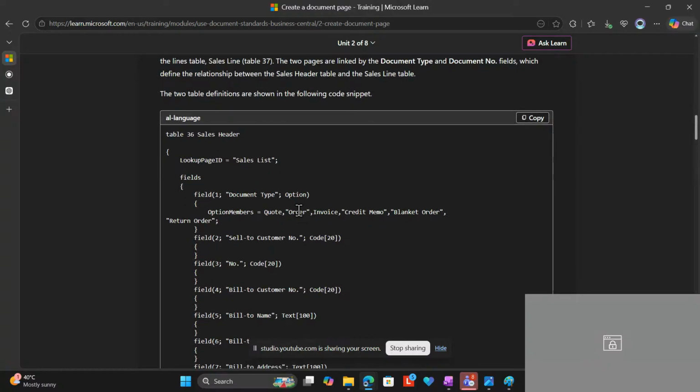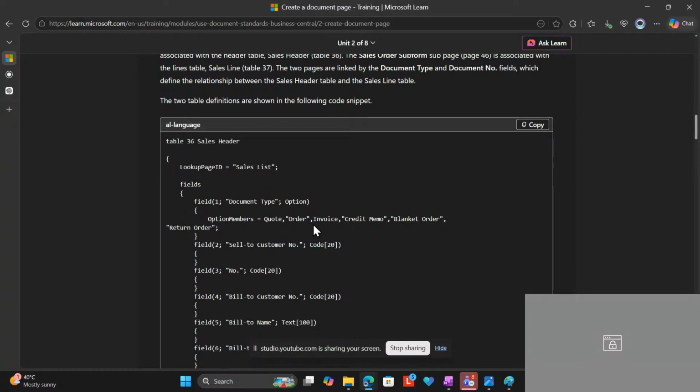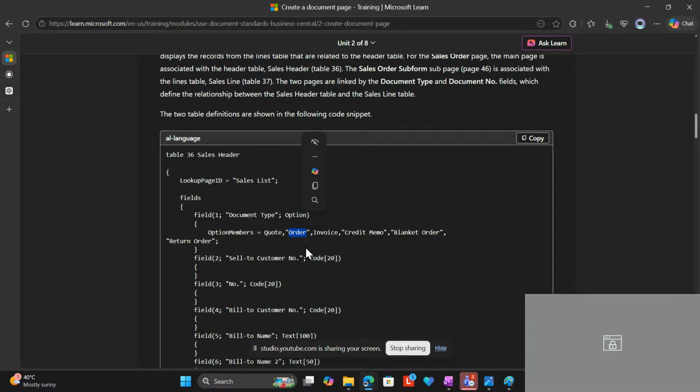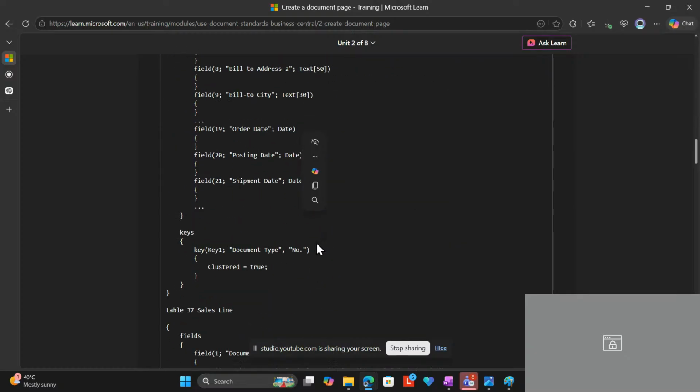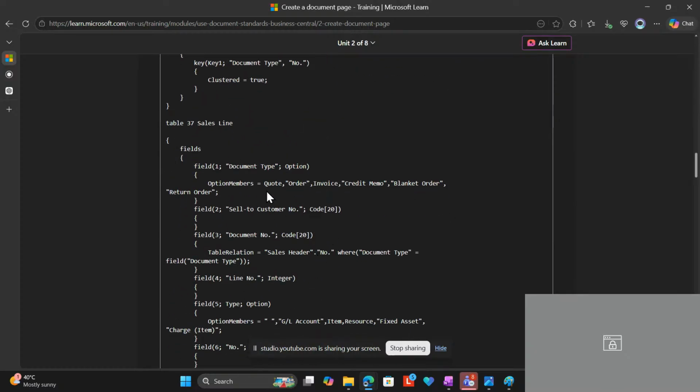So when I'm seeing the document type here, I'm choosing sales order. So this is the order. It is written in double quotes. So this is the order. Now the order is also here. The order is also here,